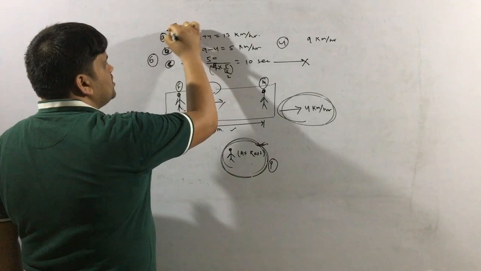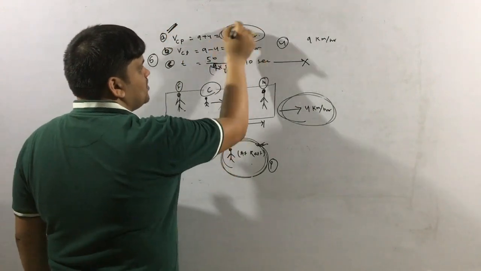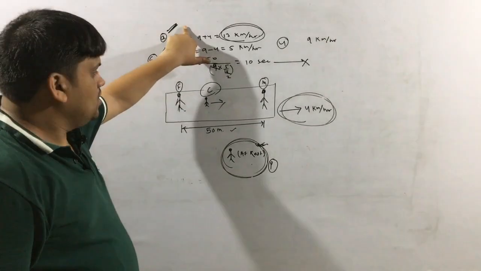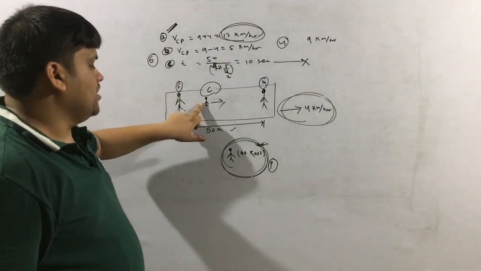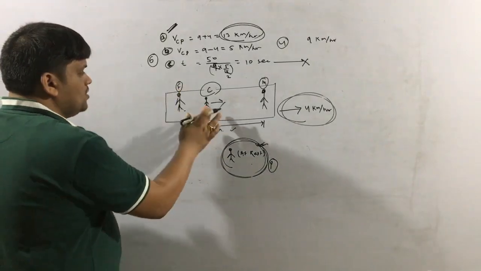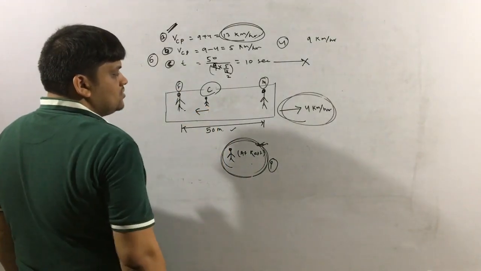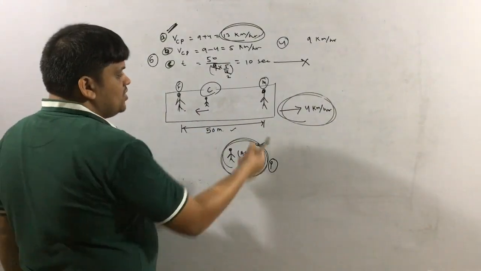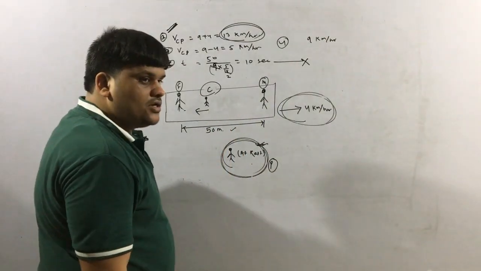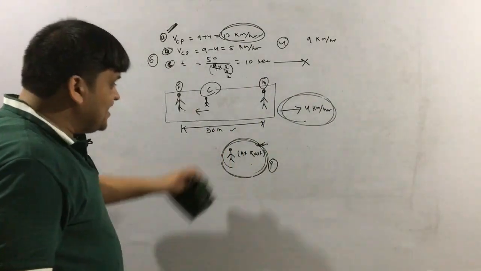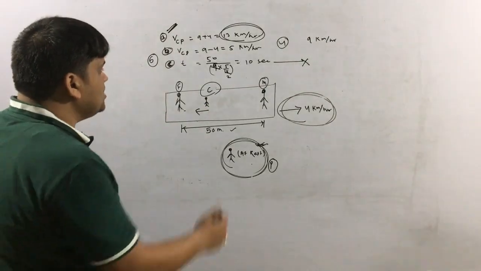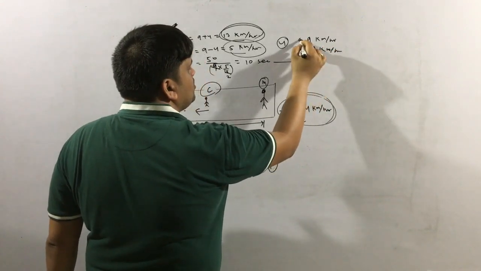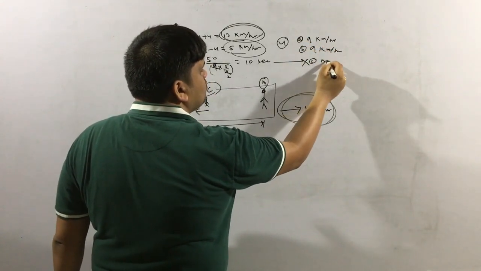But what we got at A with respect to the outside person was 30 km per hour. So the answer at A will change if the father is watching the child, not the outside person. Similarly for B, if the child is moving along this direction, and the father is watching him, he will find the speed is 9 km per hour. If the mother is watching him, she will again find it 9 km per hour. Here we got 5 km per hour, but here we will get 9 km per hour if the parent watches, and C will not change.